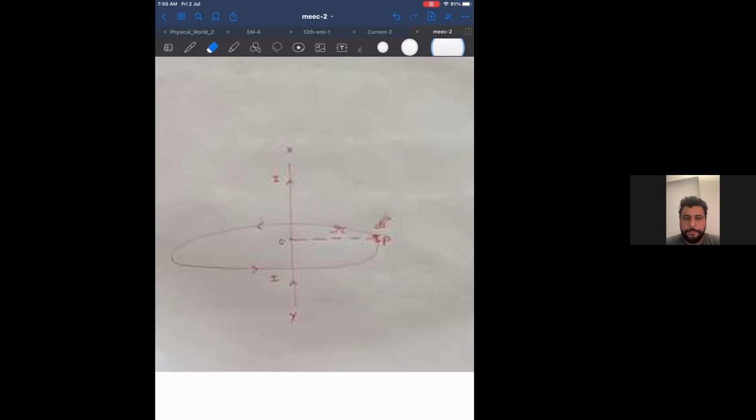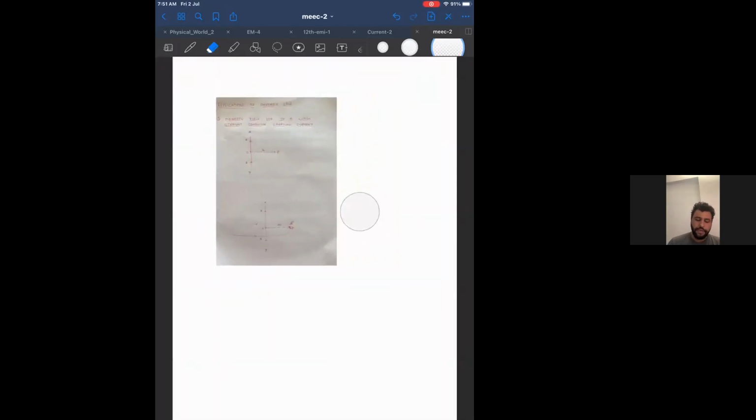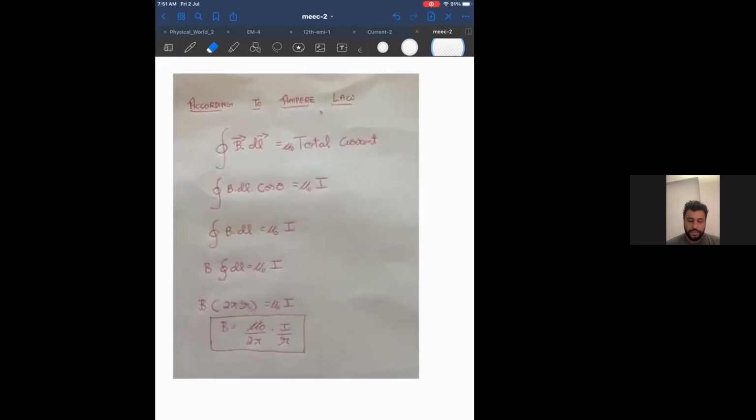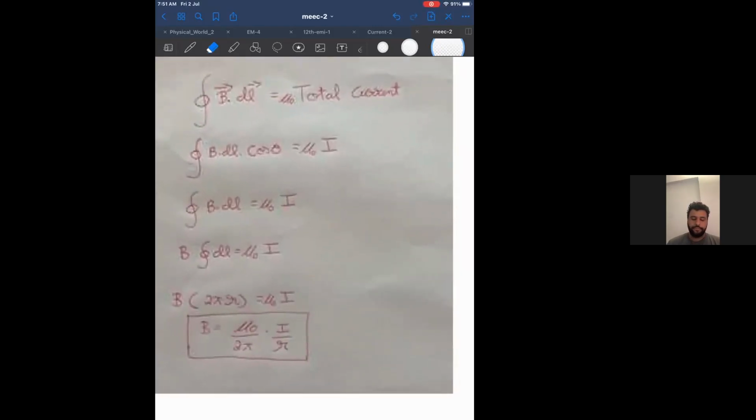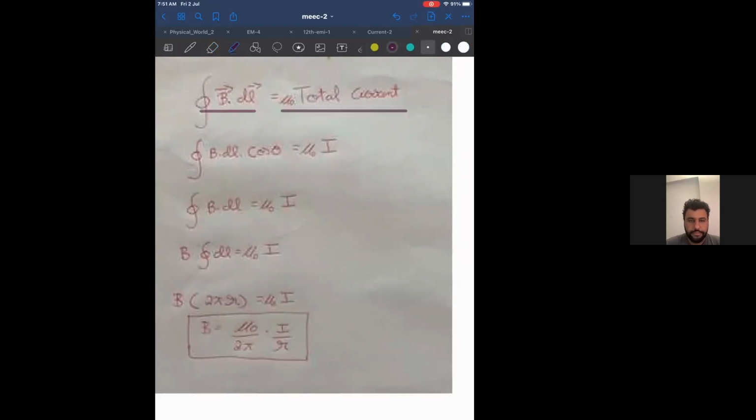Okay. Now all of you listen to me. Now can I apply Ampere's law? Yeah. Now if I apply Ampere's law, okay, what is the starting of Ampere's law? Closed integration of B dot dl, listen to this, is mu naught times total current. Now I know that B dot dl is B dl cos theta is equal to mu naught times total current. Total current in this case will only be I, not Ni, because it is a single loop, correct? So N is equal to 1.